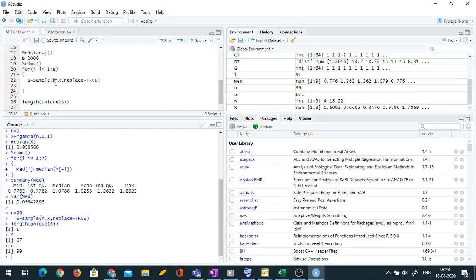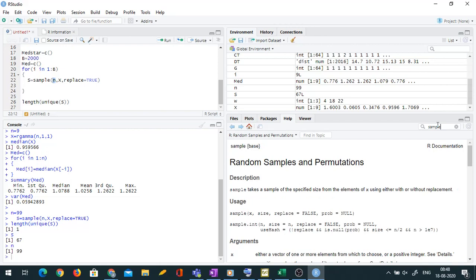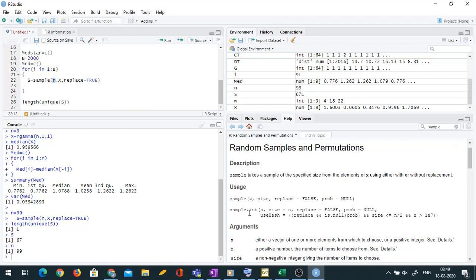I am getting only one observation here. Why? Let me go to the help of the sample command. You have to give n first, that is correct, but this is for sample.int. In general you have to give the vector first and then the number. Right now what happened is it chose from n, and hence only one value.